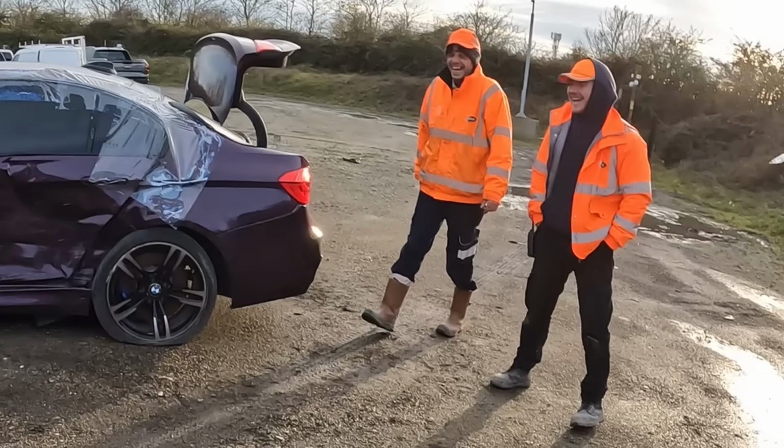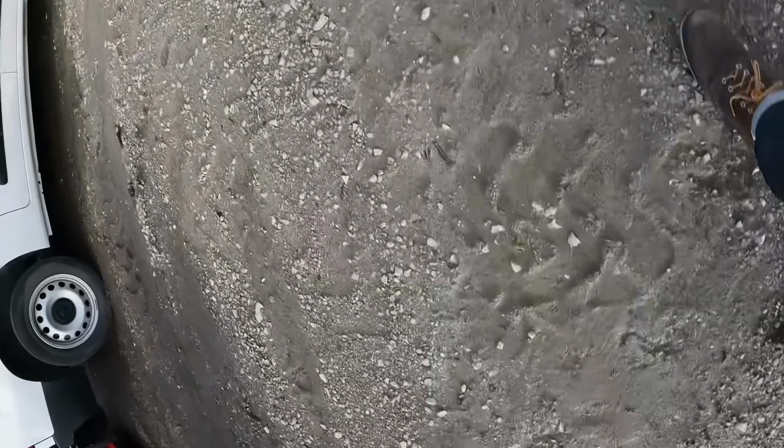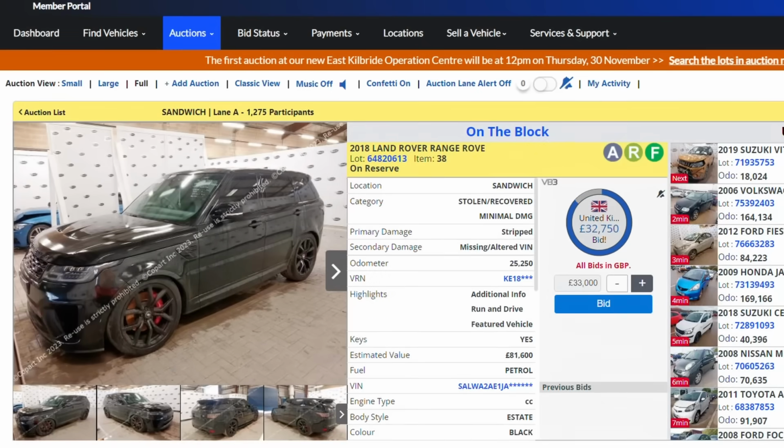A massive thank you to Josh and Keel for being amazing hosts down at Copart in Sandwich. And so the next day it was time to check in with the live auction to see how these cars were going to get on. And first on the block was the Range Rover SVR. Imagine my absolute lack of surprise to see that before the auction had even started, the Range Rover had been bid up to